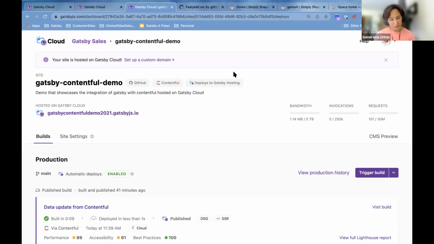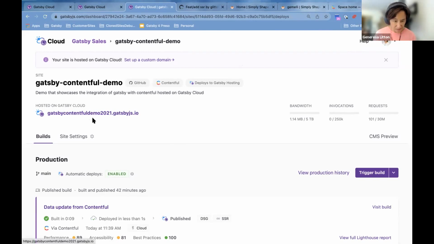So now I want to go to the third portion of my demo, and that is, how about the content contributors? Those who are actually working in the CMS. They don't want to deal with writing code, or they don't want to deal with GitHub and all that. Well, one good thing with Gatsby Cloud is that we have incorporated previews. So you actually preview your work without actually looking at Gatsby Cloud or GitHub or any of that. So let's take a look at what that looks like.